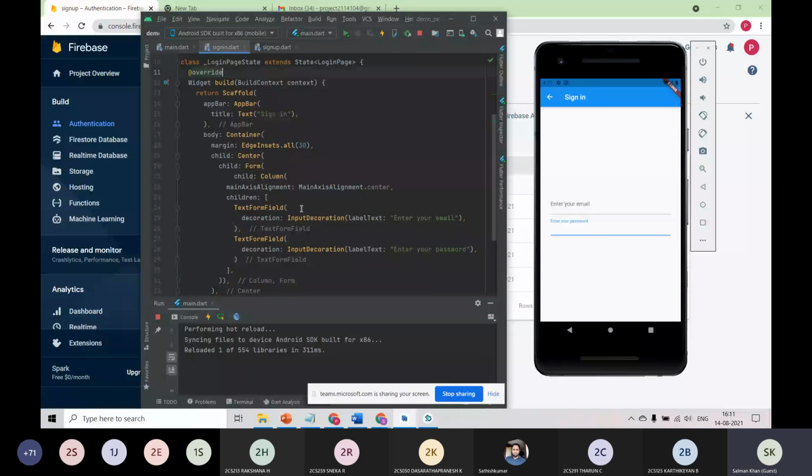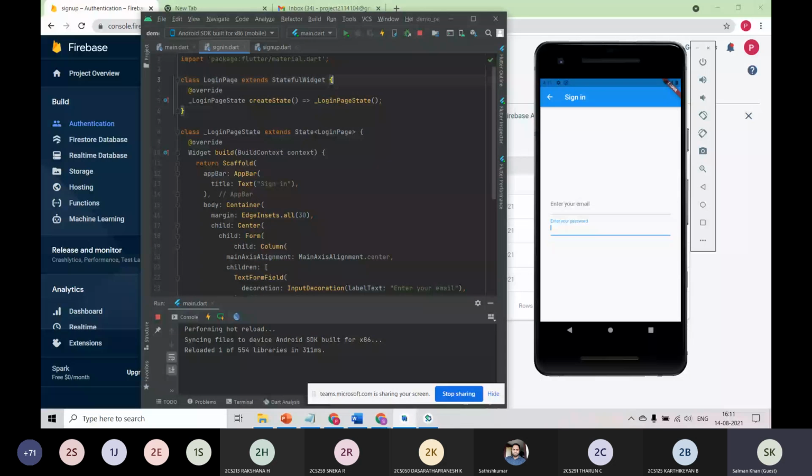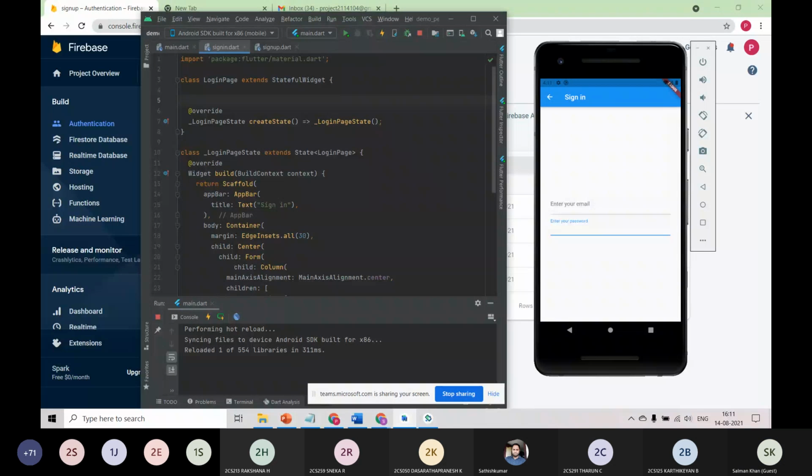I don't need the constructor. I need email, password.